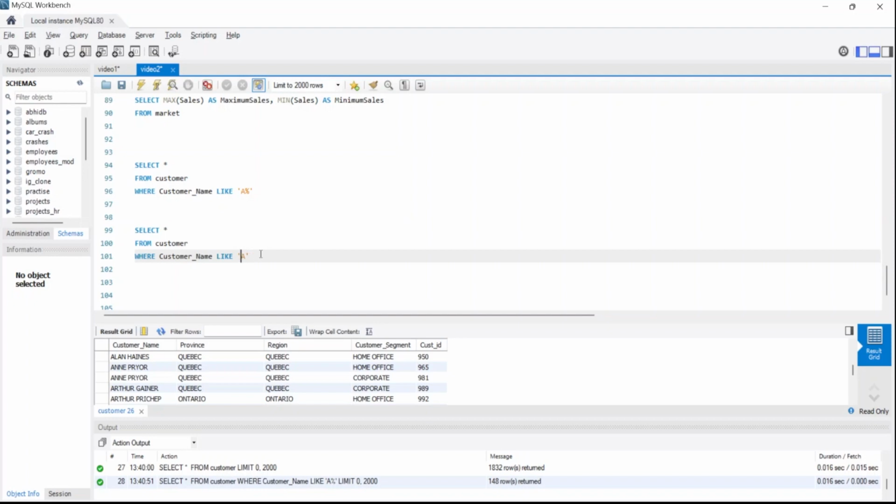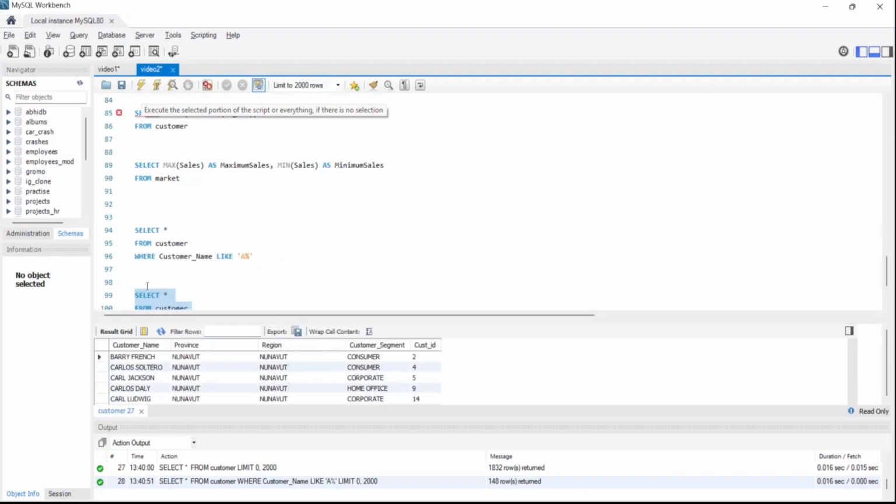But we want A specifically at the second place, so we will give an underscore. Because underscore represents a single character, it will give customer names where A is the second character and there is only one character before it. So underscore, small a, and after that the percent sign, because we don't have any condition after A. So when we run this query,